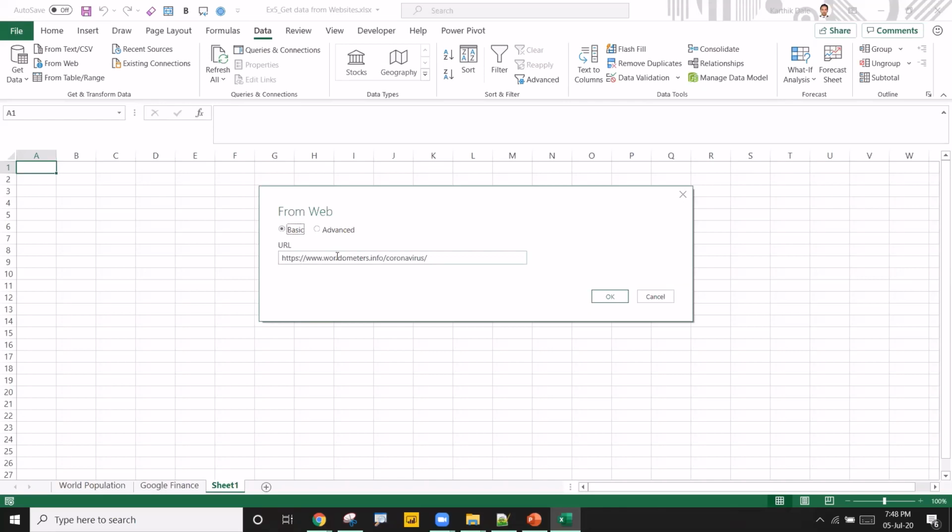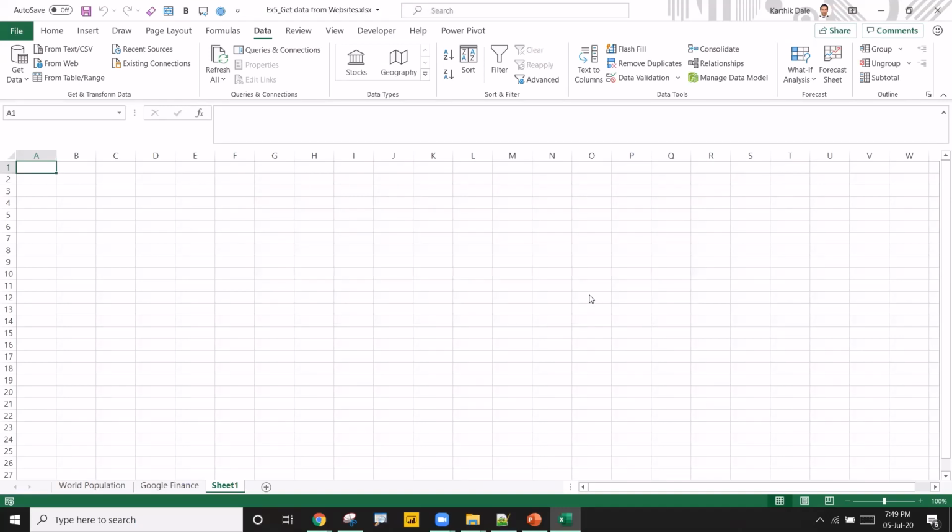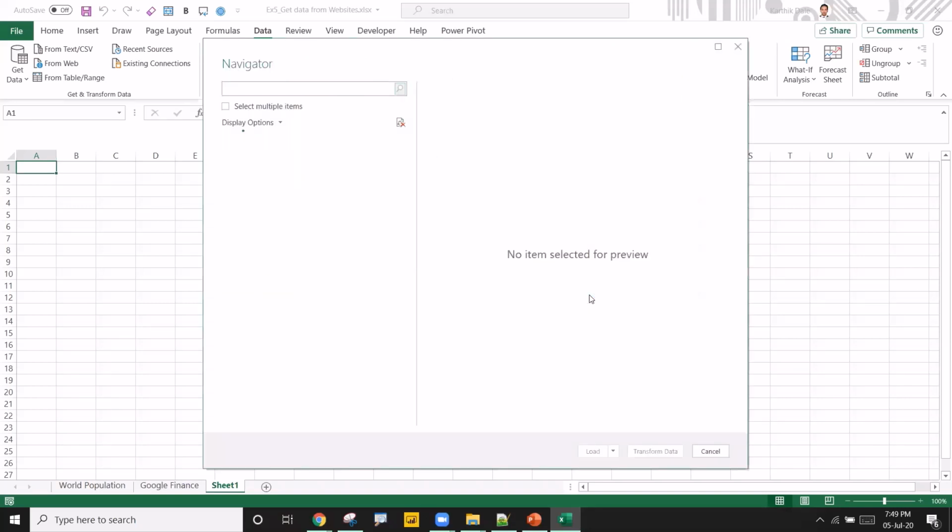But right now it is a static URL. So I'll take this one and click OK. A navigator is open and it is going to show you the preview first.